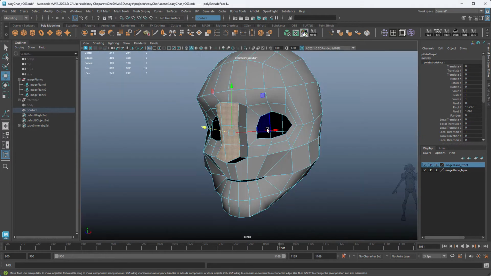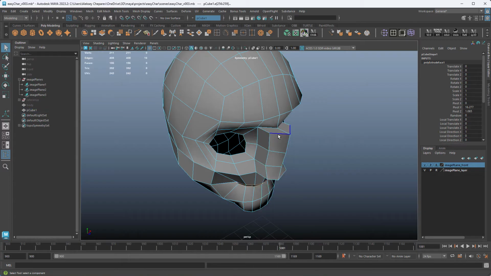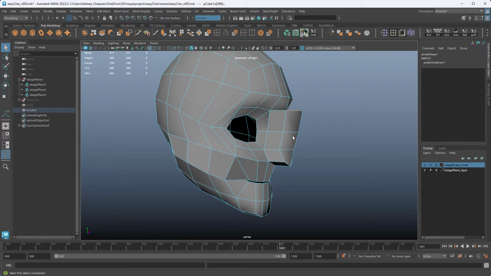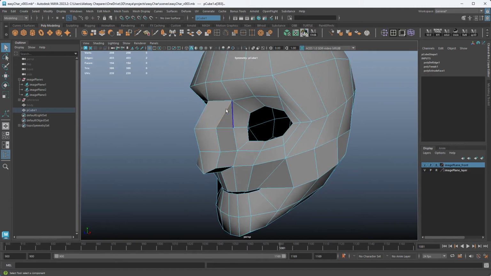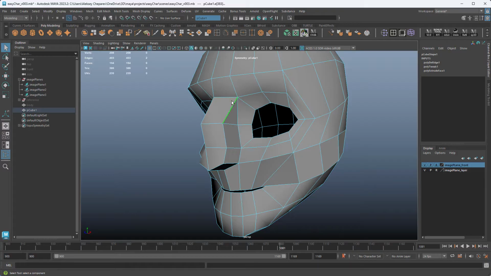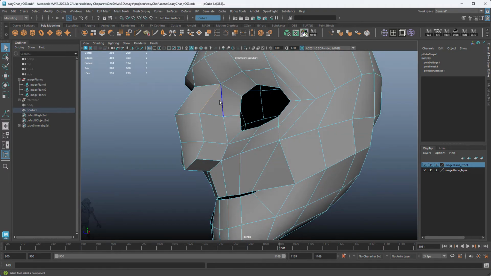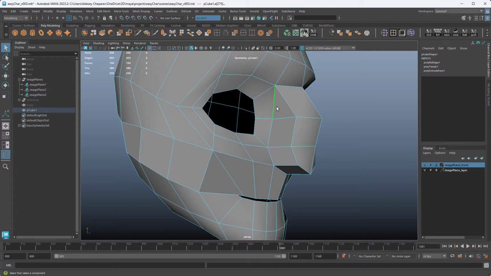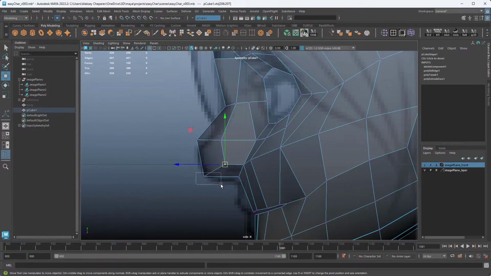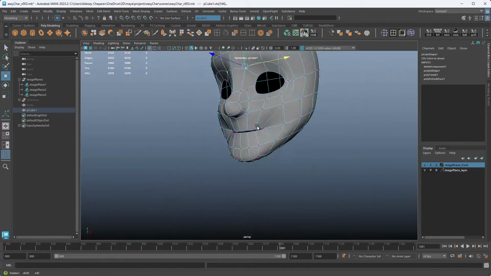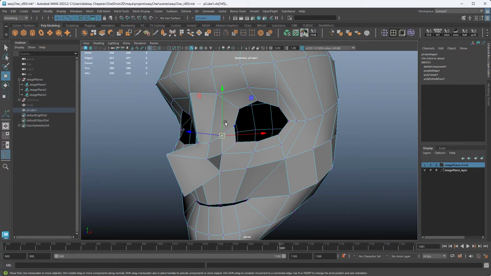So this gives me more geometry to work with, right? But we get this bridge issue here. So just Control delete those edges. With all that, we have an issue here with this edge loop. Now this edge loop is not an issue, because if we delete this edge loop here, we can just take this loop and loop it around. The only thing is, when I loop this around, it's going to come back over itself and make a spiral.